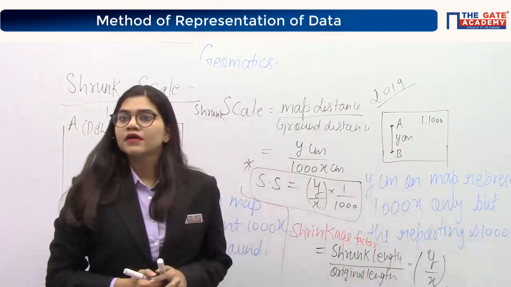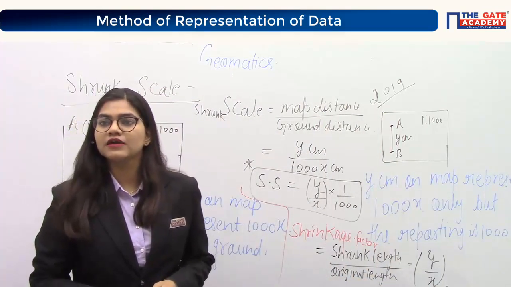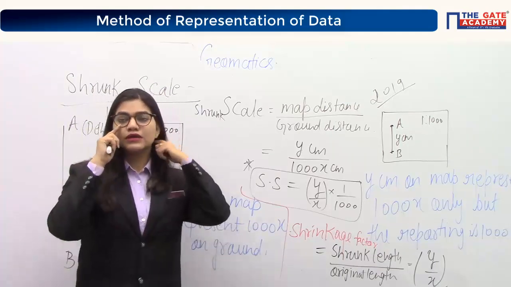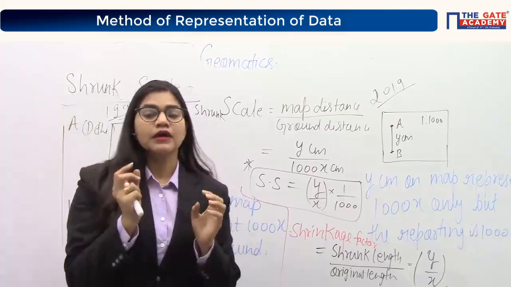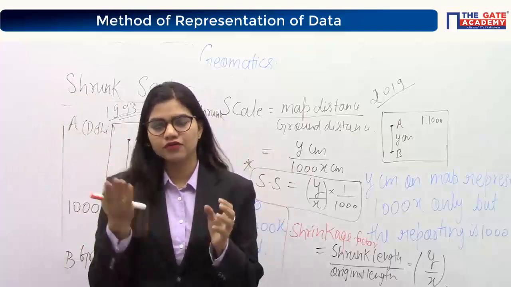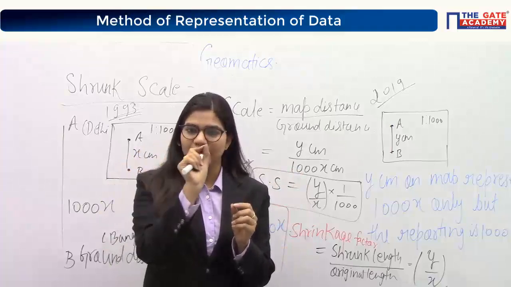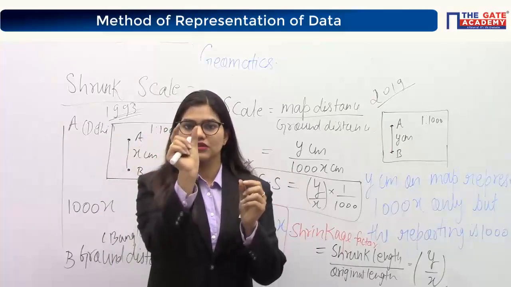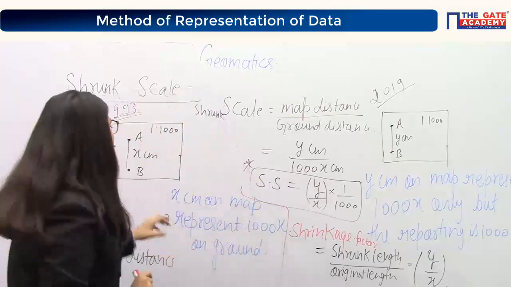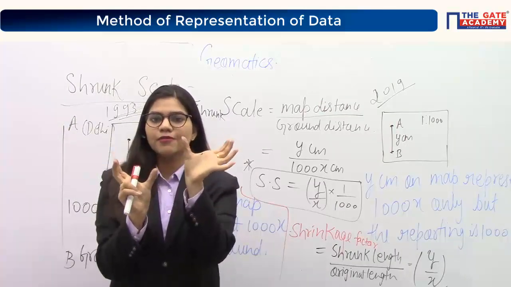Clear? If the distance is written on the map, then there is no problem. The problem is only when we have to measure distance on an old map. If you draw a map or a graph, when we draw the graph, we never write the distance there. We just mention the distance, okay, this block is this much. In that way, we do it. So this distance I have to measure with the help of scale, with the help of your plane scale.